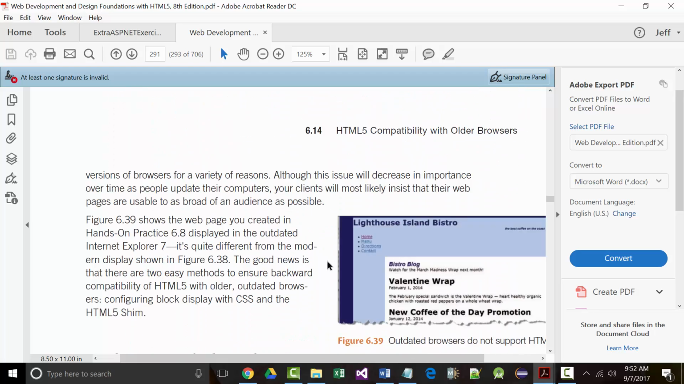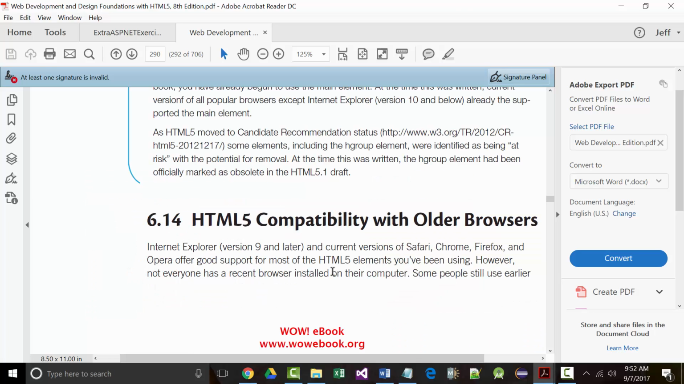HTML5 compatibility with older browsers. You remember the site caniuse.com? That's always the best one to use when you want to check out any of this stuff. It's not even listed in here. But the author is saying if you're using older browsers,